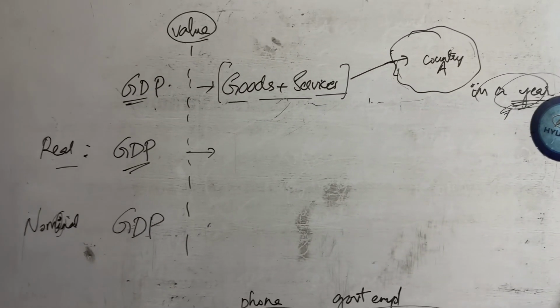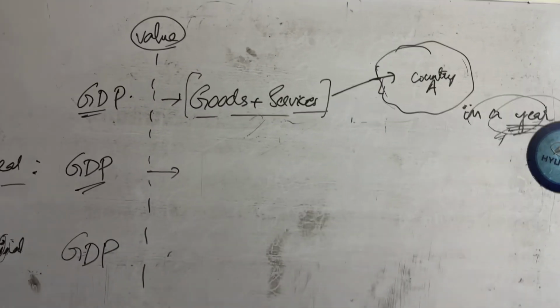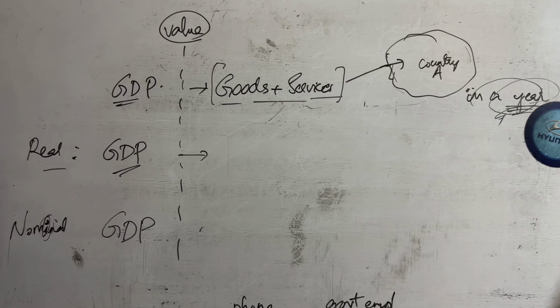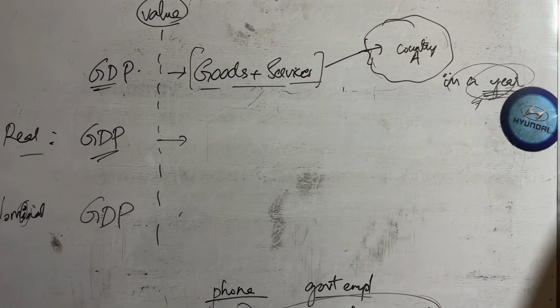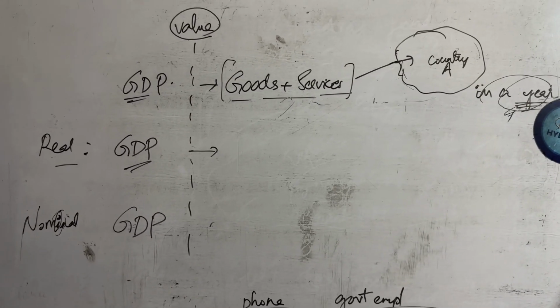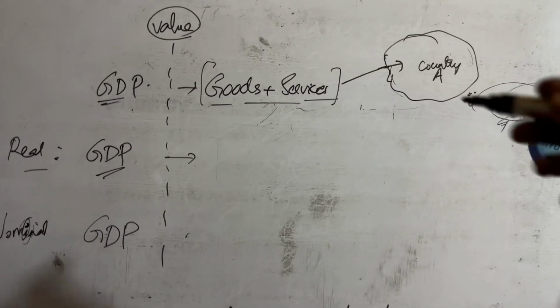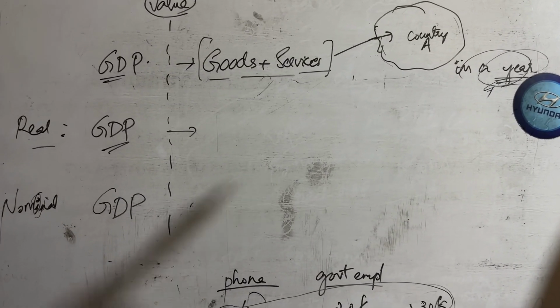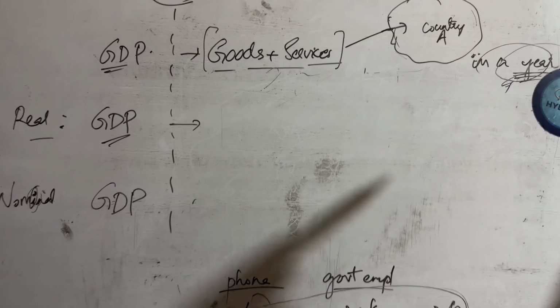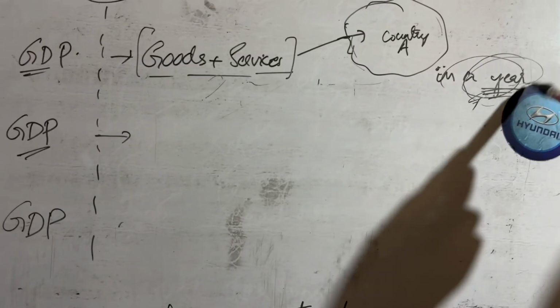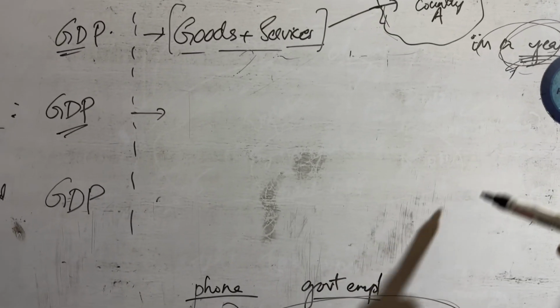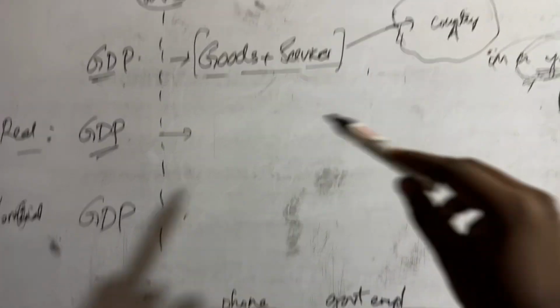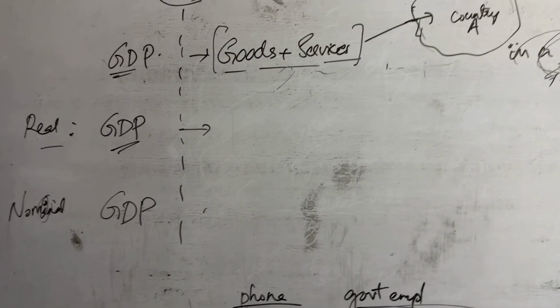Both have the same definition, but the only difference comes in this last term. Real GDP is the total value of goods and services produced in a country, and nominal GDP is also the value of goods and services produced in a country. But the difference comes in the last term, that is, in a year. If we refer to the present year, 2025, and I am calculating it for the current year 2025, then it is called